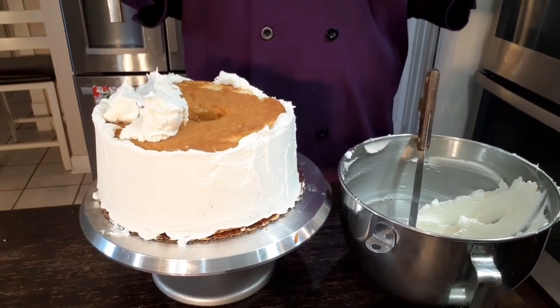We're back after 6 hours of setting time. We done dumped it, and we're starting to ice it. We made a buttercream icing. I've made buttercream icing several times. One stick of butter, one cup of shortening, four cups of powdered sugar. Put your butter and your shortening in your bowl. Beat it till it comes smooth. Cut it down low. Then start scooping your sugar in one scoop at a time while the mixer is on